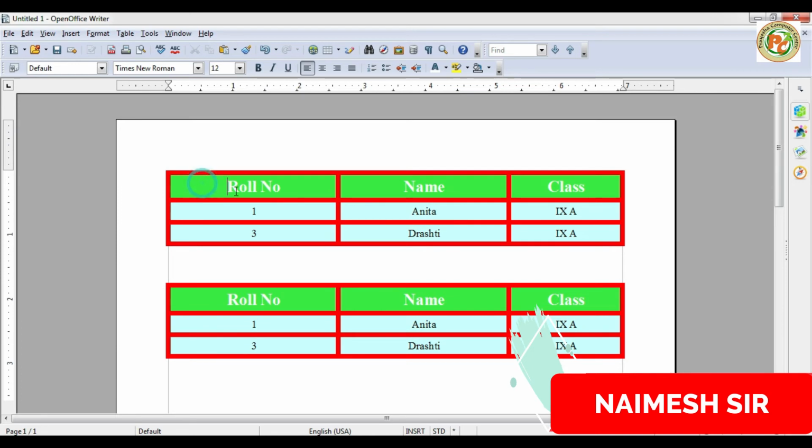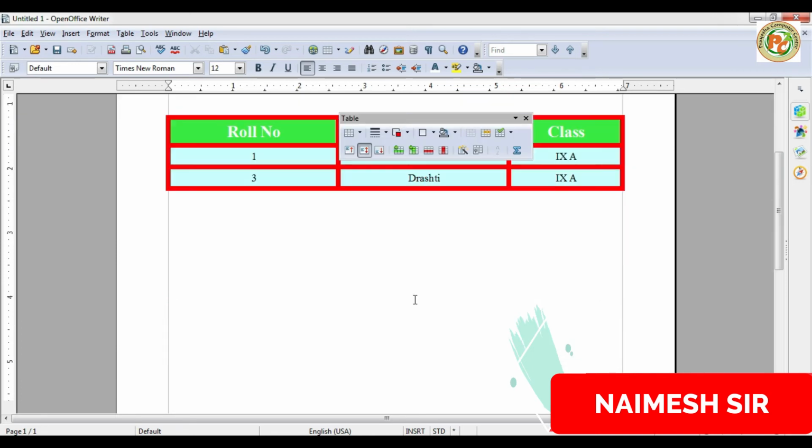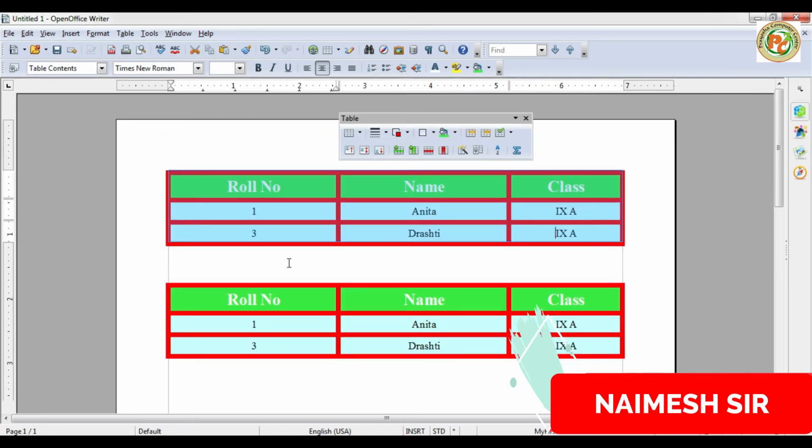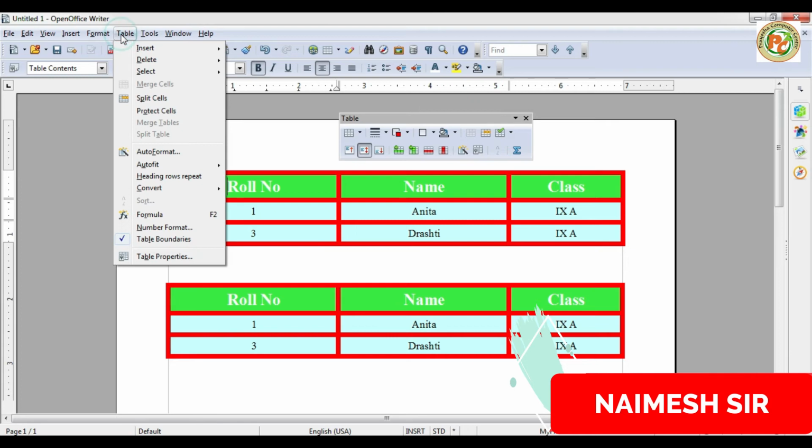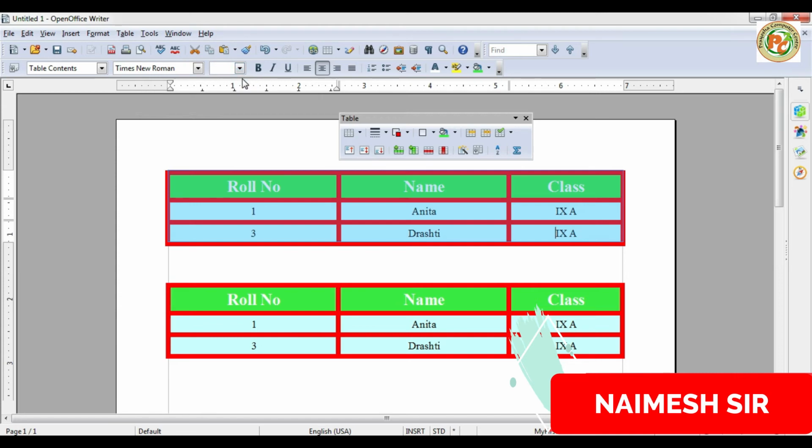Now I want to move from here to here, so Ctrl X to move it. Okay, select the entire table, and to select the entire table we have to click on the table, and from the table click on select and click on table. Okay, now it is selected.